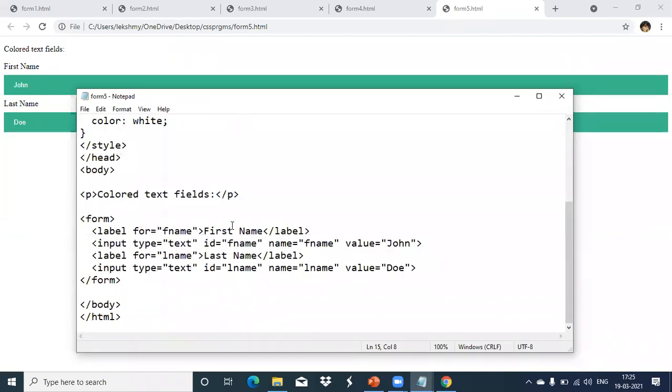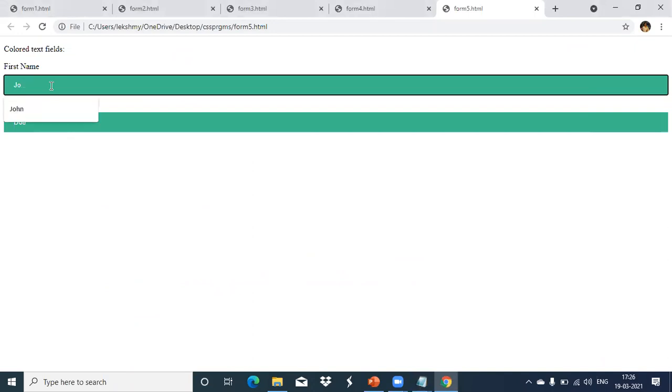And how did that default value come there? See, inside the text boxes, it is showing John and the last name like this. Now, how did we get the default value? This value attribute only we have used. There, what we are specifying is that it will show by default. While typing, you can erase this one and type a new name.